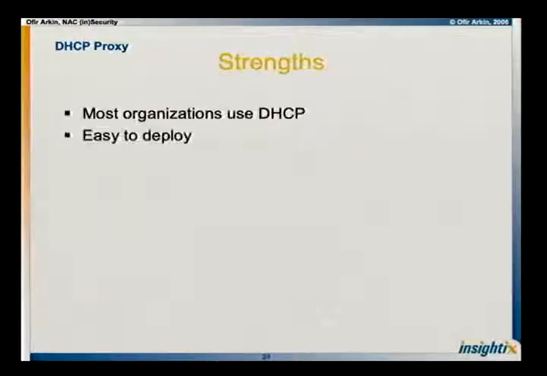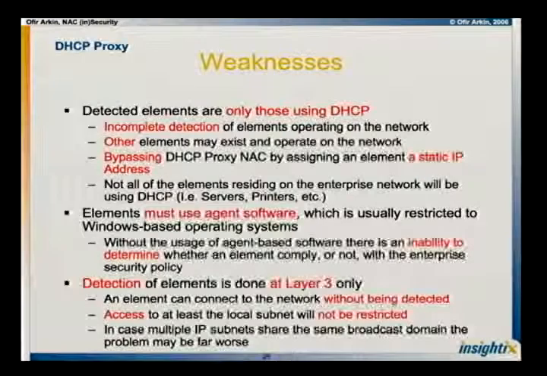Well, nothing too complicated. That's also one of the problems of this method. Installing a DHCP proxy is very easy. Anybody that sits in this room, I believe, works in an environment that uses DHCP, you go with one box. You can use relay agents that will send you the DHCP requests. So you get all the installation very fast. The problem is that this is only good for those elements that use DHCP. So if you're using something else,